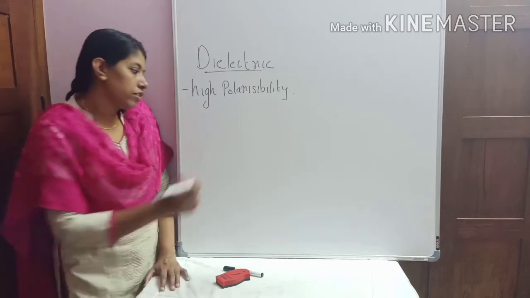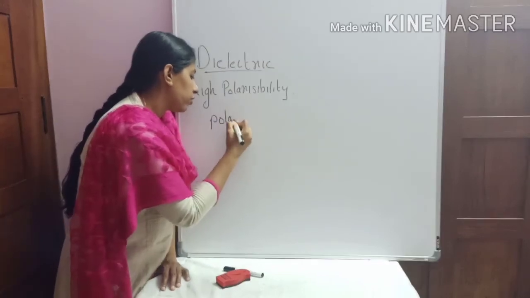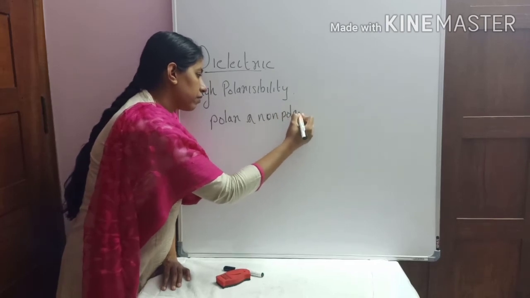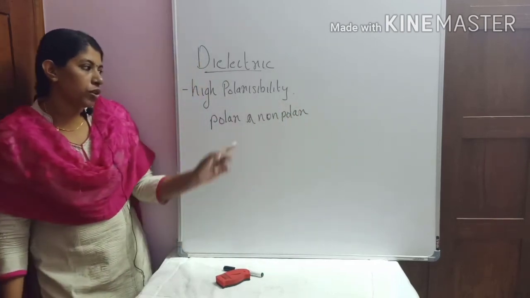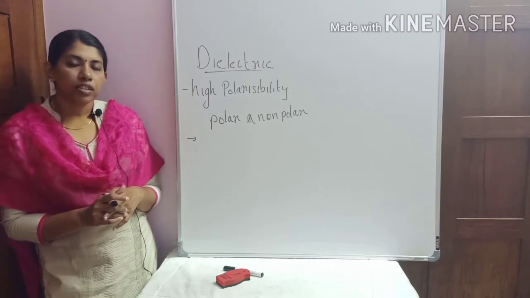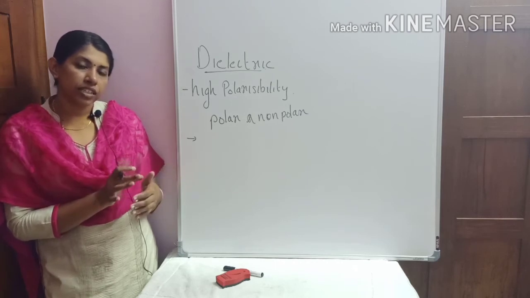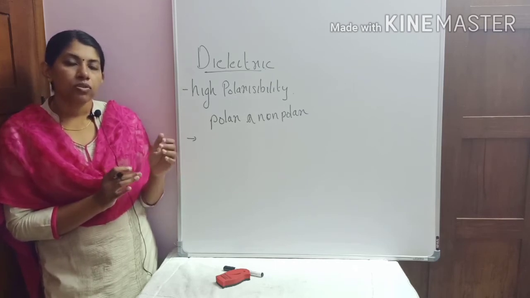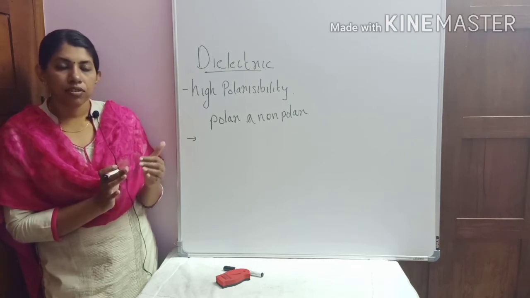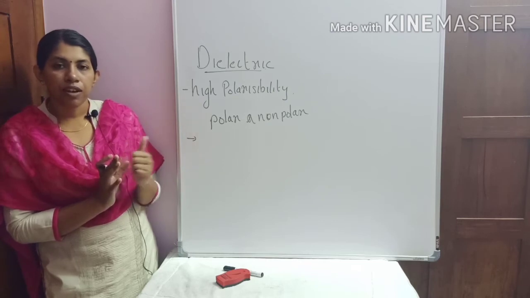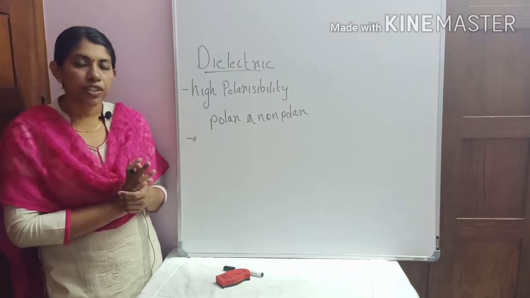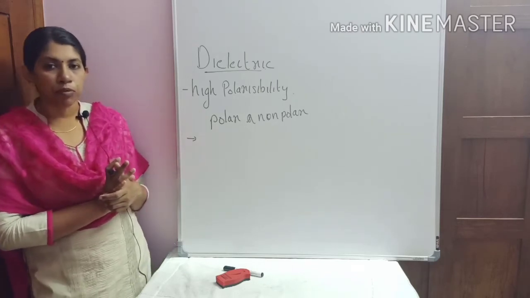Initially, there are actually two kinds of molecule, polar and non-polar molecule. Non-polar molecule: consider an unpolarized molecule, where the positive nuclei will be surrounded by an electron cloud. Under the influence of an electric field, this electron cloud will shift its position from its average equilibrium position. Due to the separation of charges by a distance, there will be a dipole moment.